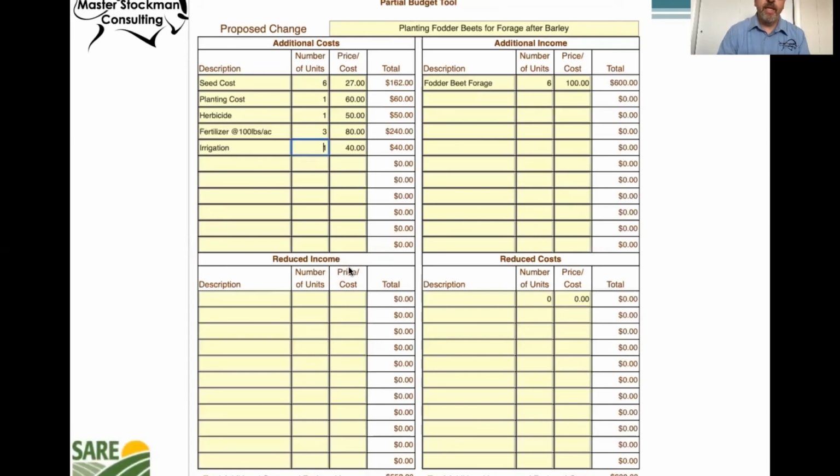We couldn't really think of any income that would be reduced by implementing this project, by adding these fodder beets. And we couldn't really think of any costs that we were going to reduce by adding these fodder beets. But in terms of additional income, we do have the fodder beets themselves. So, in some of those best case scenarios that Brian outlined, as much as 6 tons to the acre. If we value those at $100 a ton, that's $600 an acre return. So if we look at net income or loss, that's a $48 per acre net income